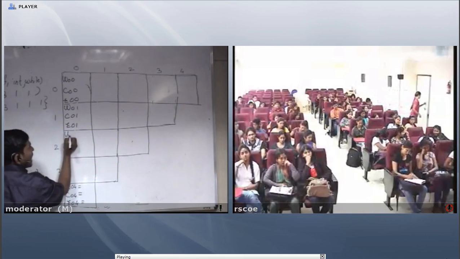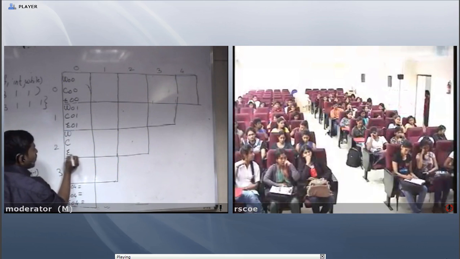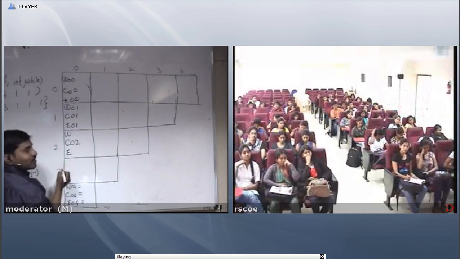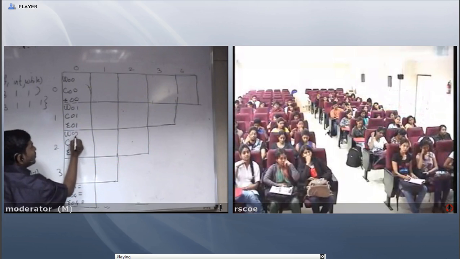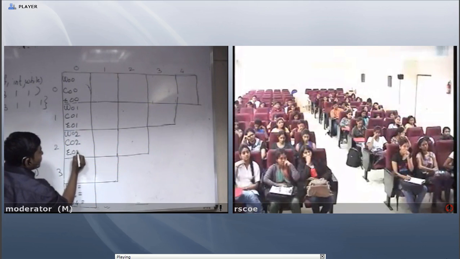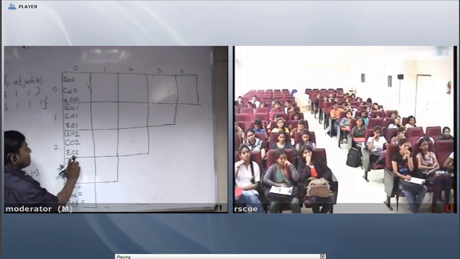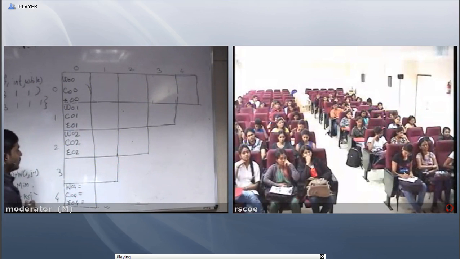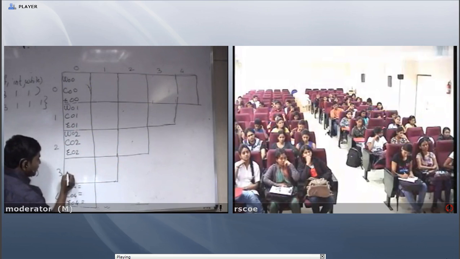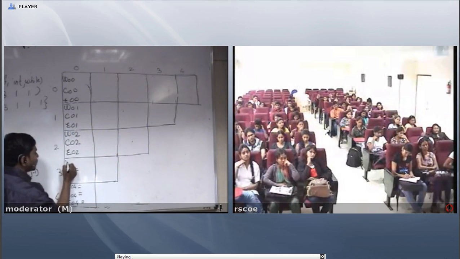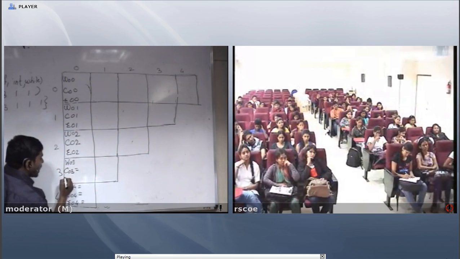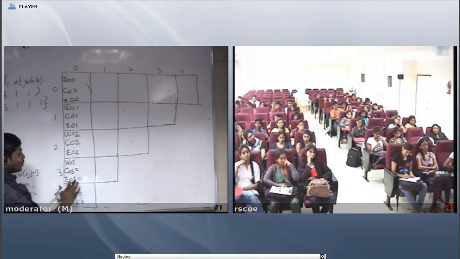Similarly, to find the cost of 0, 2, first we find the weight of 0, 2, and then only can we say which is the best root from 0 to 2. Similarly, for the cost of 0, 3, first we find the weight of 0, 3, and then we can say which will be the best root from 0 to 3.